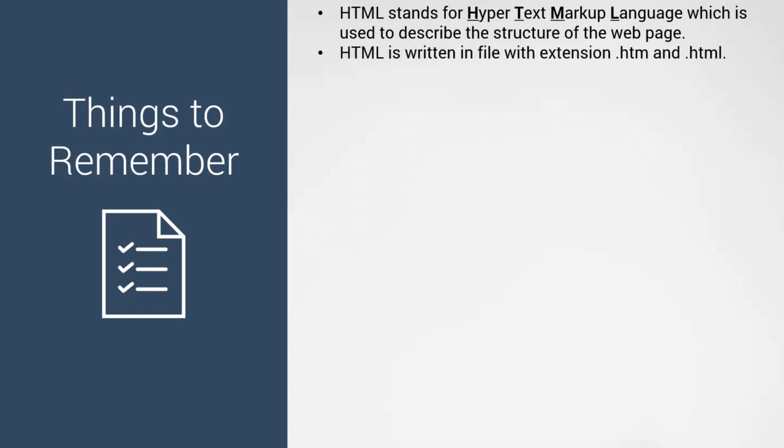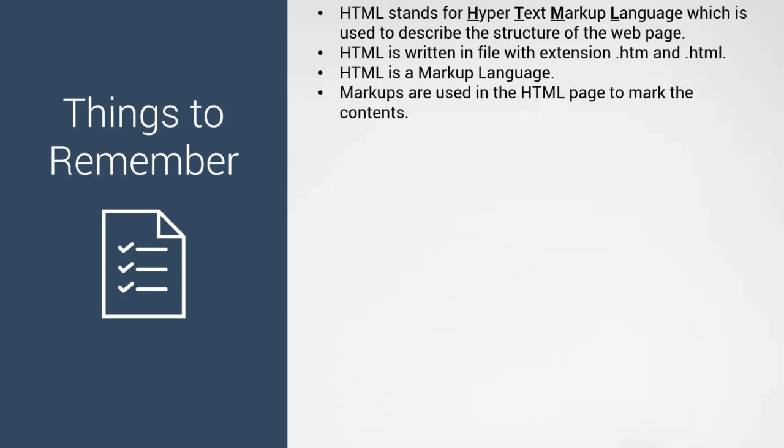HTML is written in a file with extension .htm or .html. HTML is basically a markup language. Markups are used in the HTML page to mark the content. So when we write the paragraph tag, h1 tag, you see all those markups that we have written in the